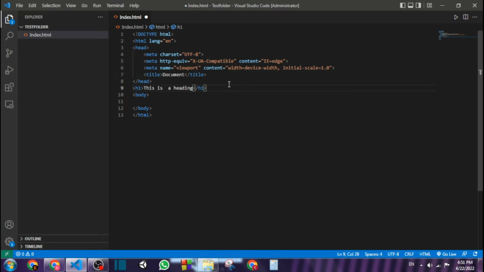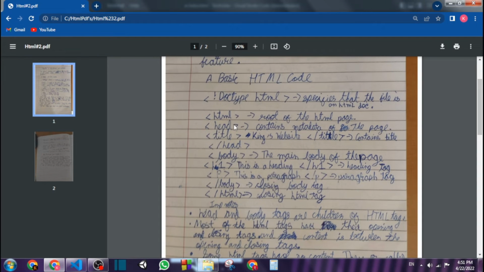and now there is one more tag known as P. This is a heading, and this is a paragraph, like simple text. Same here, closing tag. Now the body closing tag and the HTML closing tag.